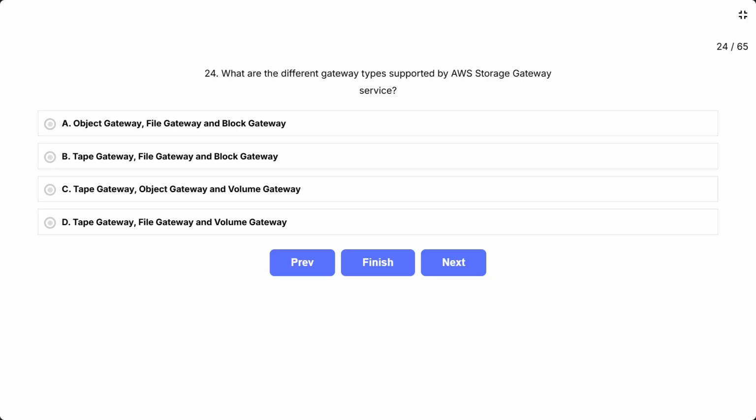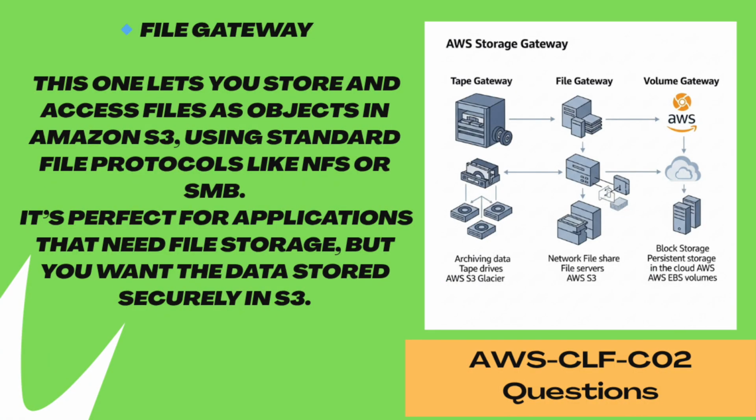Then, file gateway. This one lets you store and access files as objects in Amazon S3 using standard file protocols like NFS or SMB. It's perfect for applications that need file storage but you want the data stored securely in S3.